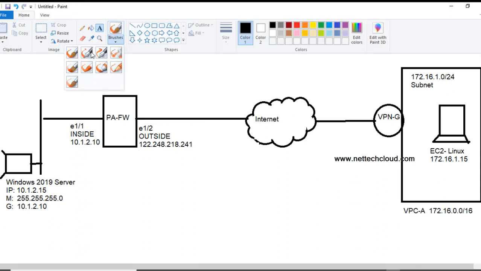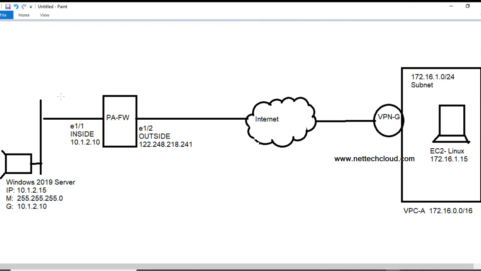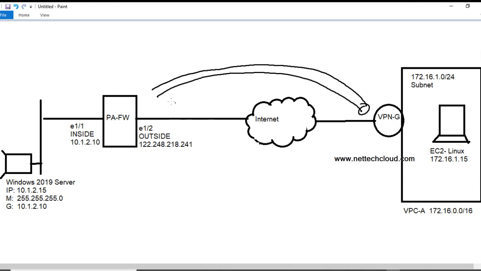Okay, so it's the public IP address here, right? Now a tunnel needs to be created between Palo Alto and the AWS managed VPN gateway. Here it is, right? Tunnel 1, or any tunnel, and the IP address, of course, here. And I will put this VPN tunnel in a separate zone, because Palo Alto is a zone-based firewall, so I need to place this tunnel interface in a separate zone.